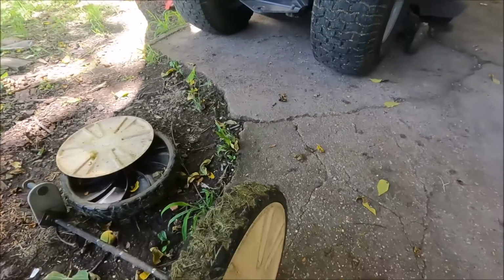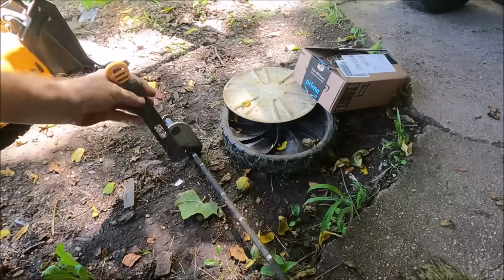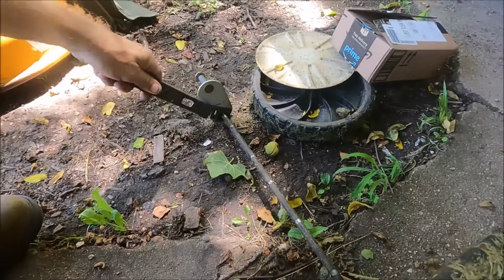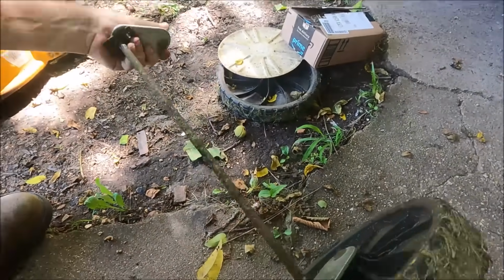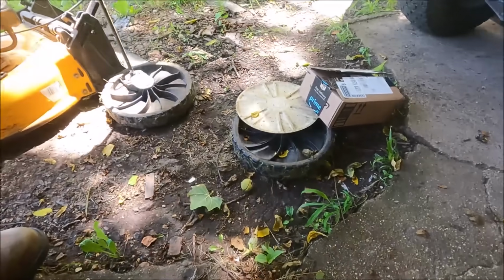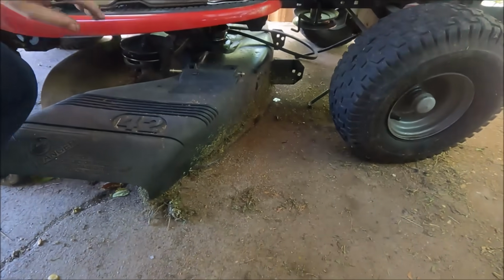So now tomorrow, I got to put this on. I'll get the part, the extra part. The handle to lift the wheels up has broke off, and this is such a simple job. So the problem is the part costs a lot of money. That's the downside, but as far as doing it, it's going to be real easy. And then Tuesday, I got to put a spindle on this,